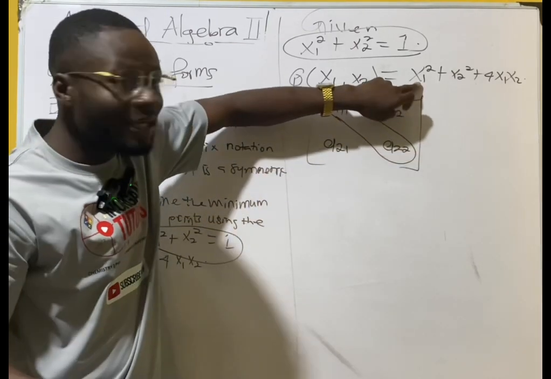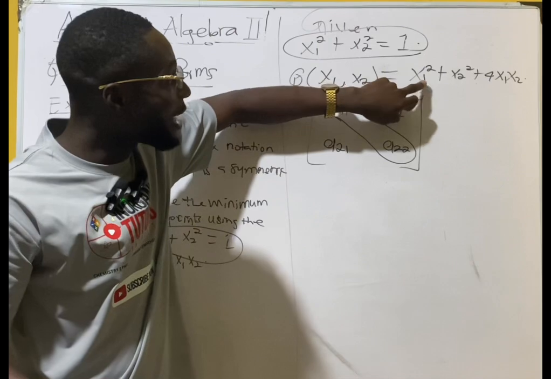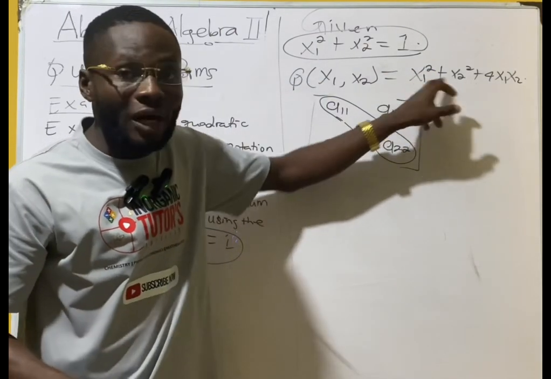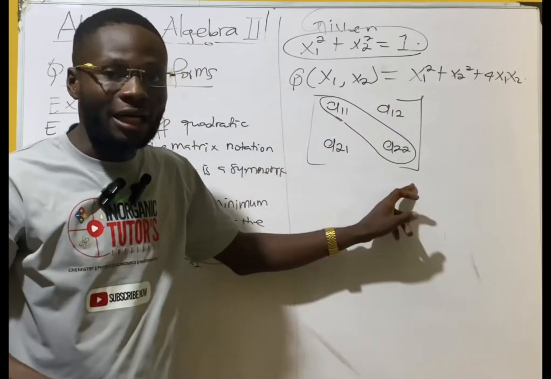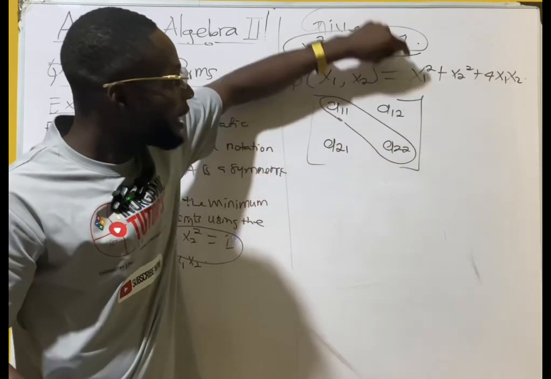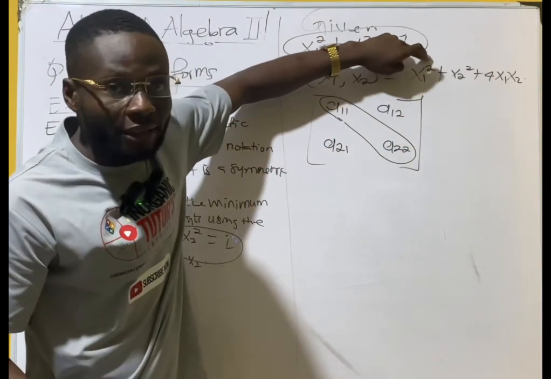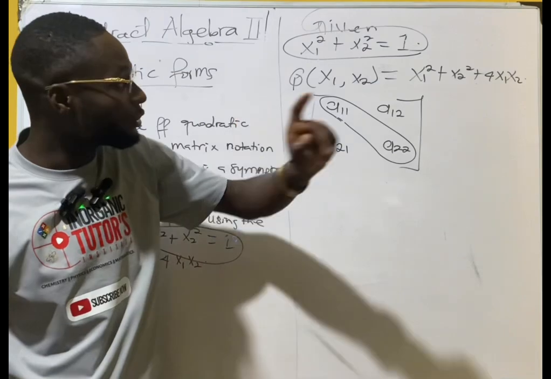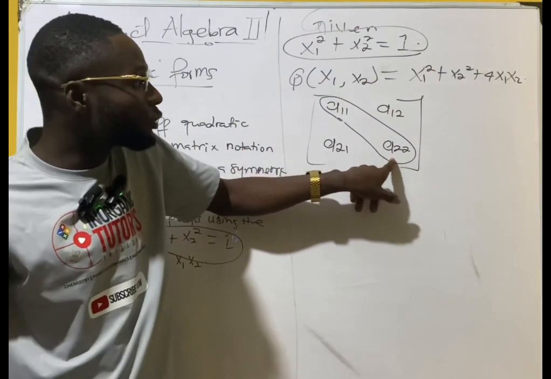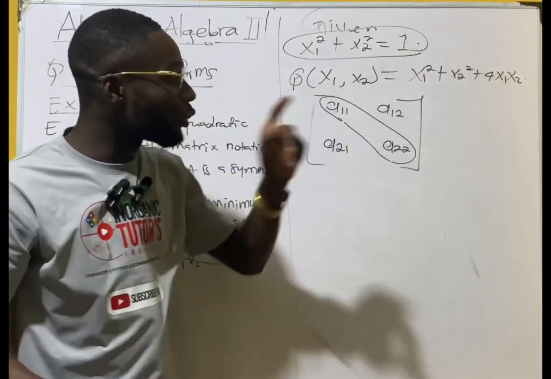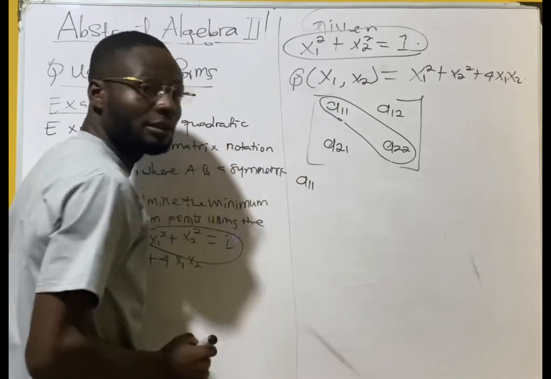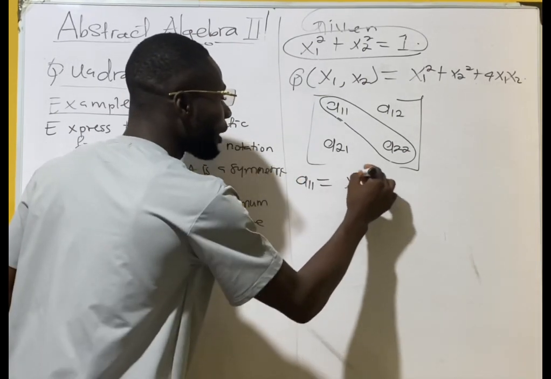So this is telling us, this x1 squared is our what? A11. Those squared terms you see there are the main diagonal elements. So if you see A11, it should tell you that it's what? x1 squared. That element represents the x1 squared. And the A22 represents what? x2 squared. So take note, the A11 is equal to x1 squared,